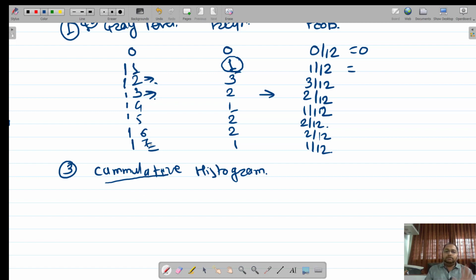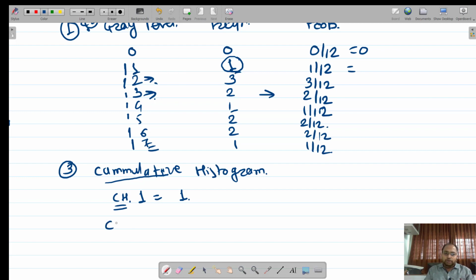In this case also we are going to find out the cumulative histogram of these gray level intensities. Are you getting it? So let us find out the cumulative histogram of CH of 1. Simply we are going to find the cumulative probability, and after that the cumulative distribution function, CDF. You know what PDF is and what CDF is, right? Right now we are finding the cumulative histogram of 1. How many times has 1 been repeated? It has been repeated 1 time.